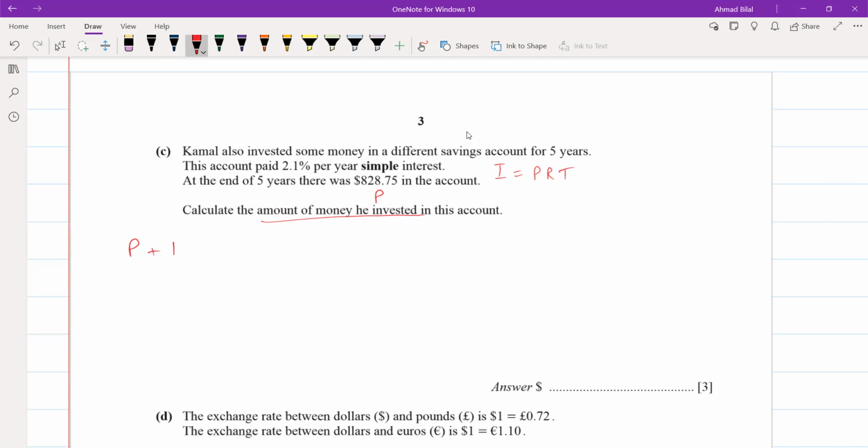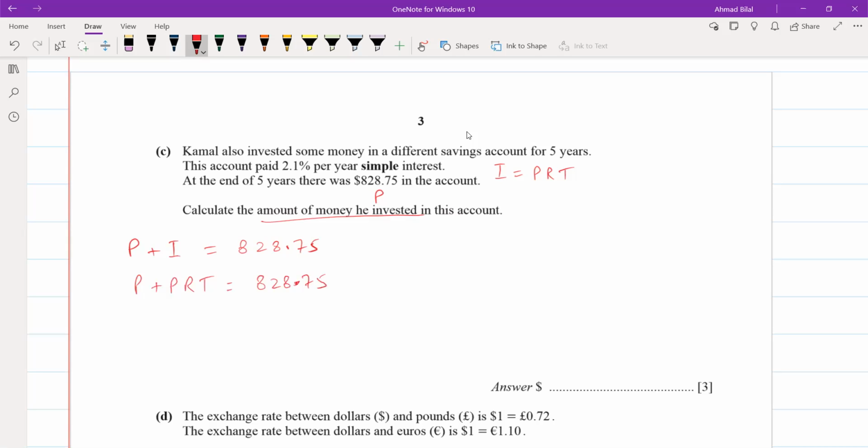Principal में आप interest total add कर लो, whatever was the interest. तो ये जो total amount बनती है हमारे पास, that is equal to 828.75. Does that make sense? So उसने कुछ amount पहले invest की, whatever that was, उसमें जो total interest हुआ 5 years का, उसको add किया, the total turned out to be 828.75. ठीक है? अब interest का क्या relationship है हमारे पास? Interest is PRT, so that's PR into T, that is